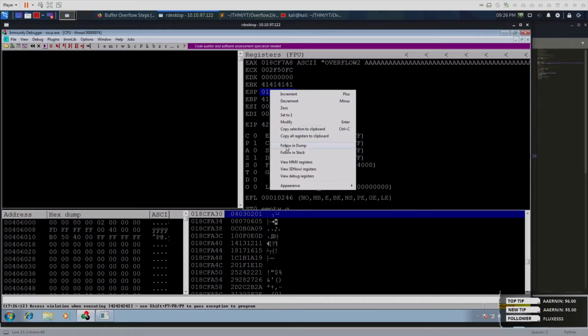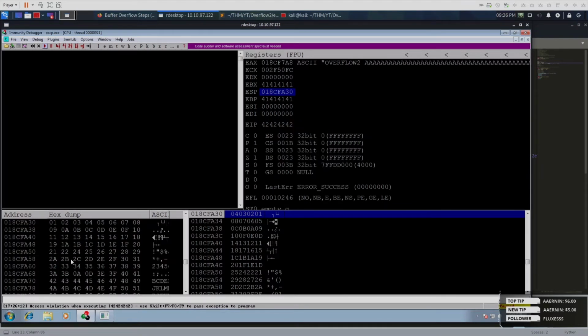So we follow ESP in the dump, go through it to 23, so 22, 24, because we've removed 23, 25, 26, 27, 28, 29, 2A, 2B, 2C, 2D, 2E, 2F. So this is counting in hex. And we can follow this through now, all the way through to the next